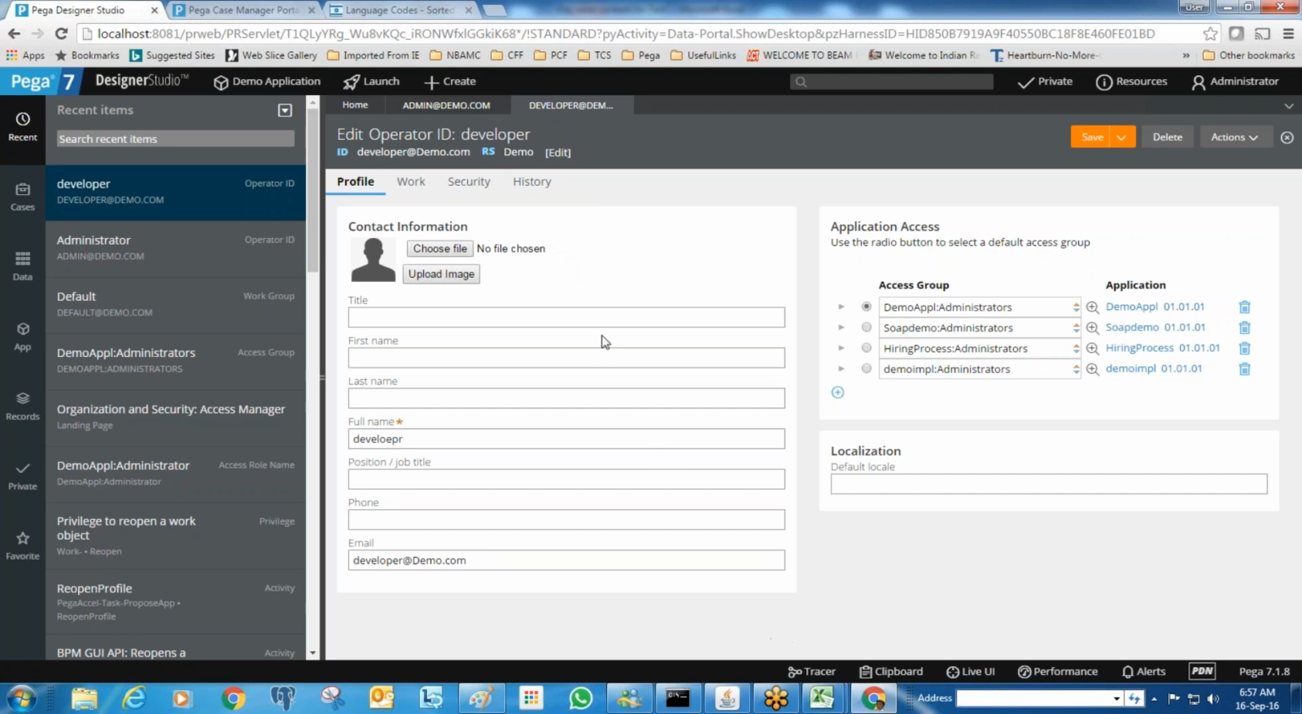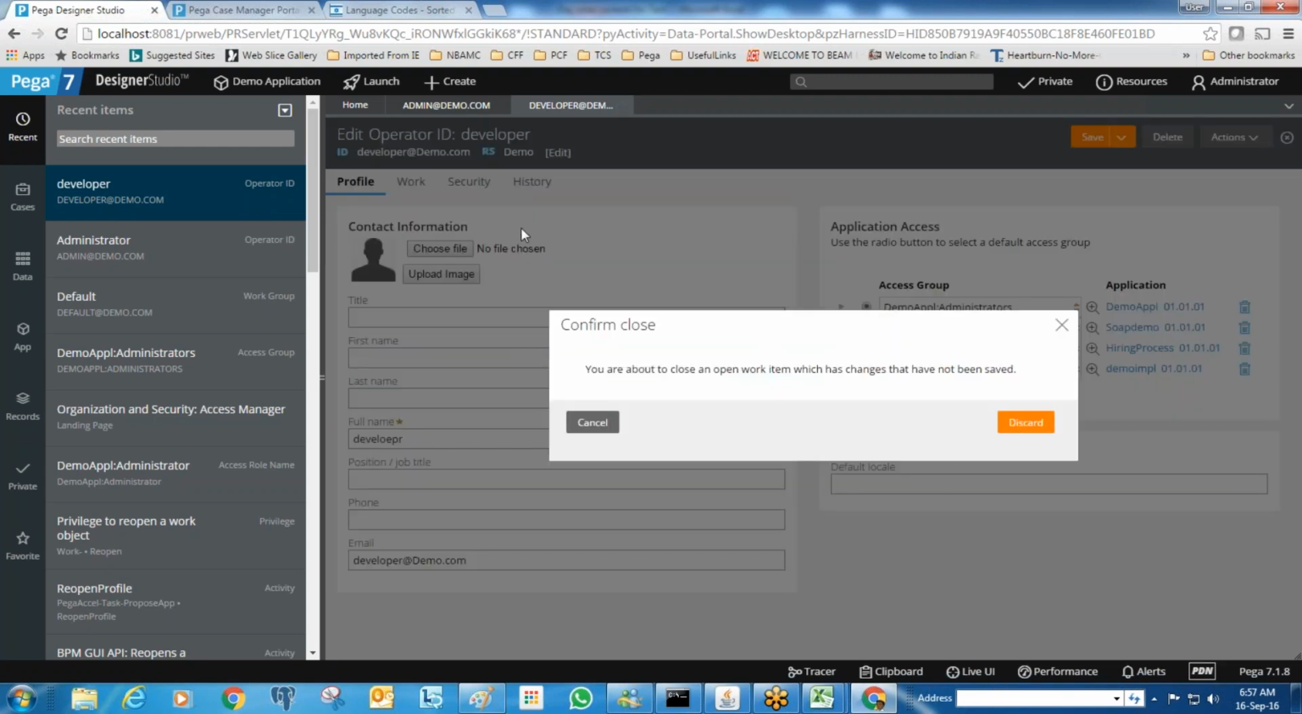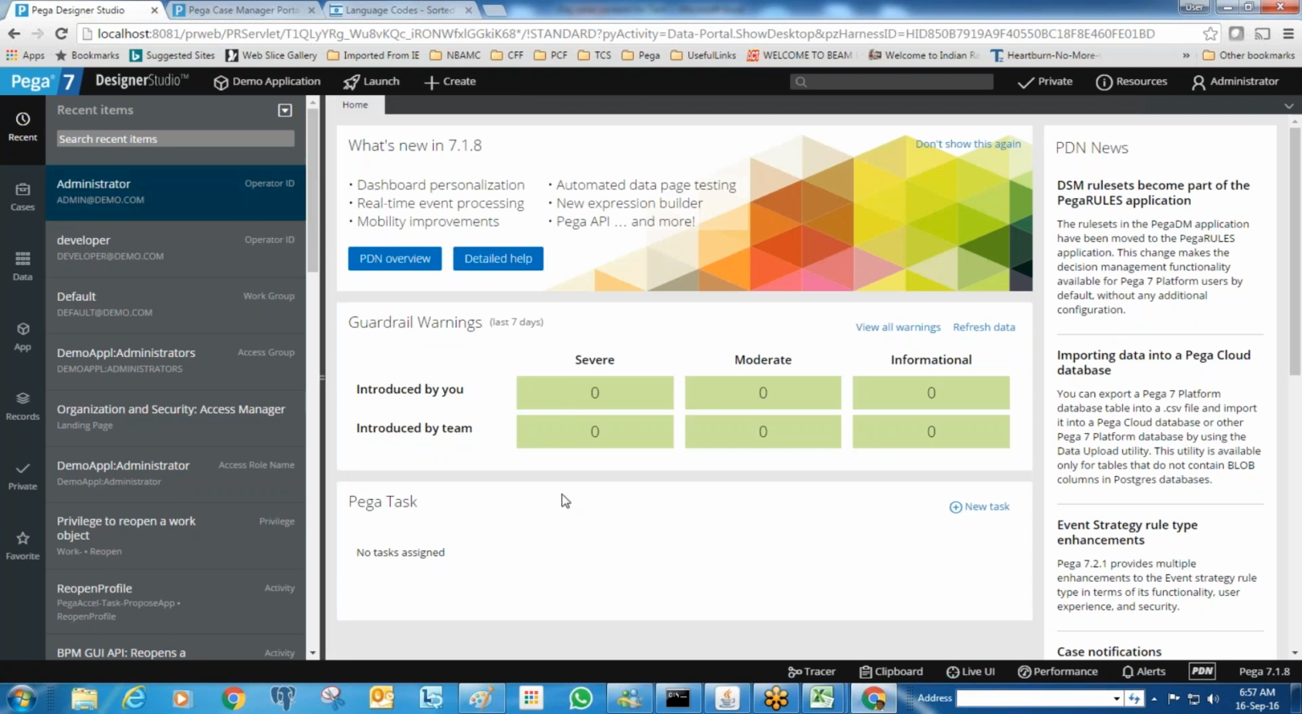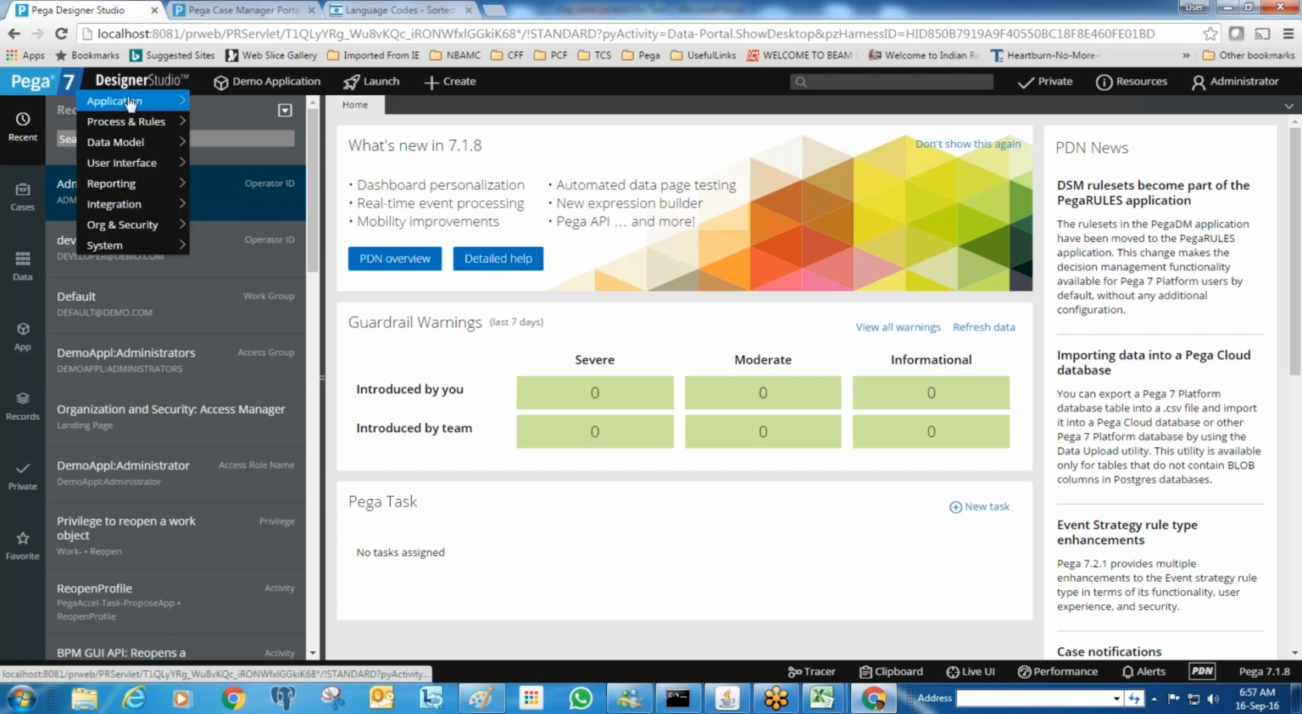For creating that operator ID you can do it in two ways: save as in the existing record, or else creating a new operator ID from scratch. To see all the operator IDs available in the system, we have a landing page for that. To see that you can go to